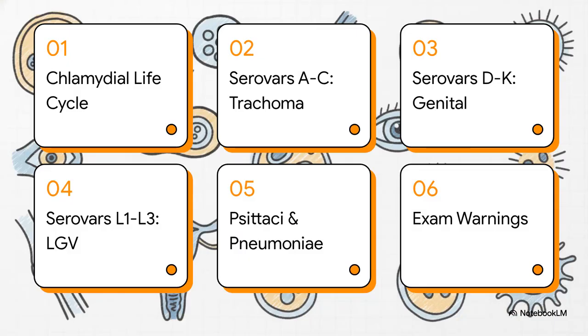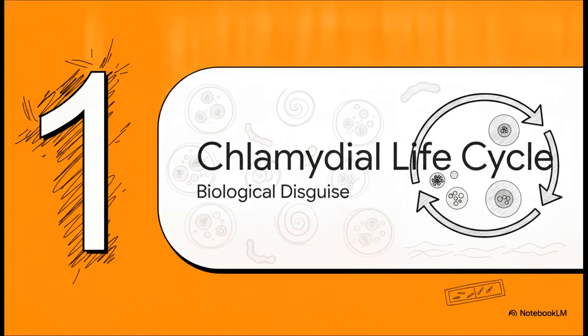Okay, let's dive right into this. Here's your ultimate categorical mental map. We're going to start with the chlamydial life cycle, march through the serovars alphabetically, that's trachoma, oculogenital, and LGV, cover the respiratory species, and then round the whole thing out with high-yield exam warnings. Let's get to it. First up, Section 1, the chlamydial life cycle, or as I like to call it, the